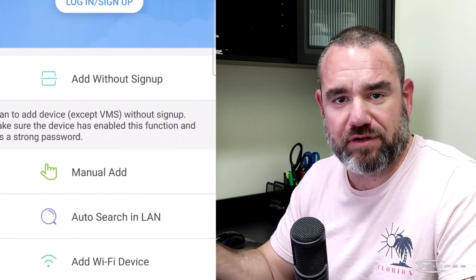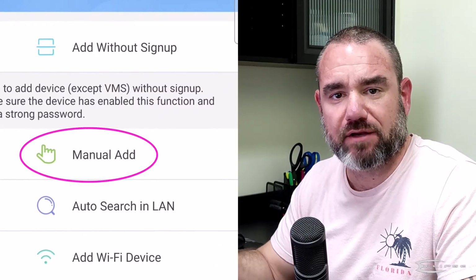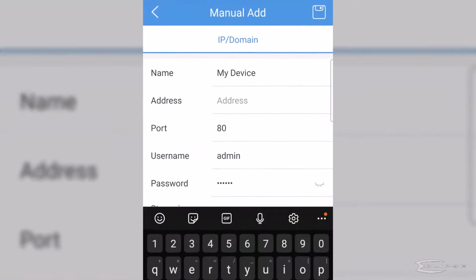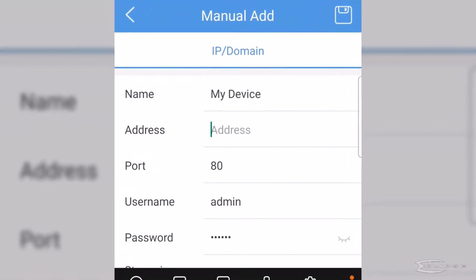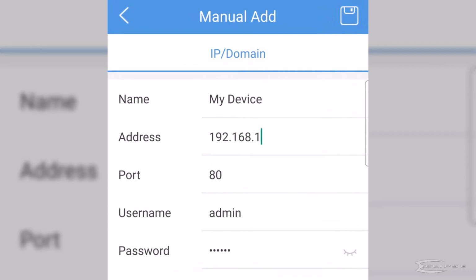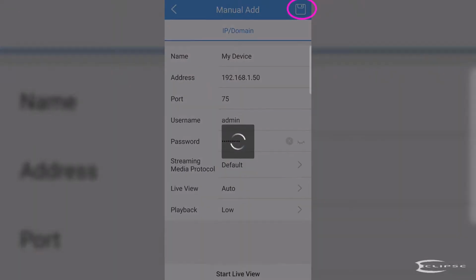The third way we have here to add a device to the list is by adding it manually. If you do not have access to your device's QR code and your phone or tablet are not on the same network as your devices, you can add the device manually using this option. As long as you've input all the right information, you'll be able to click Save up top and add your